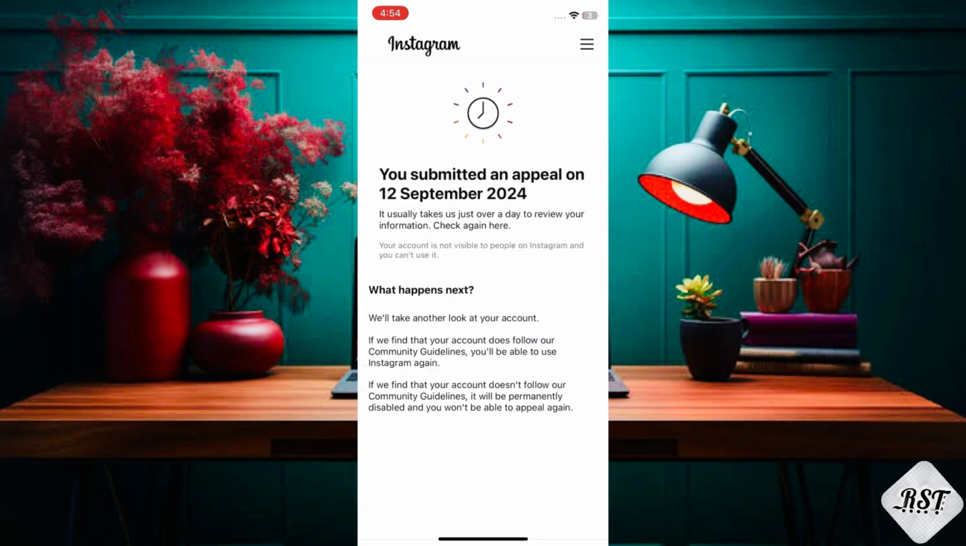You submitted an appeal on the 12th of September, 2024. It usually takes us just over a day to review your information. We'll take another look at your account. If we find that your account does follow our community guidelines, you'll be able to use Instagram again. If we find that your account doesn't follow our community guidelines, it will be permanently disabled and you won't be